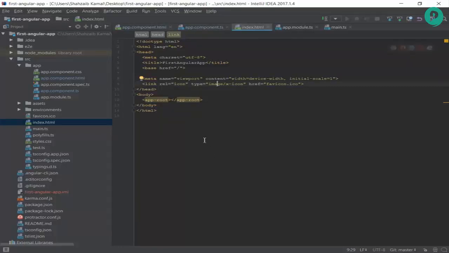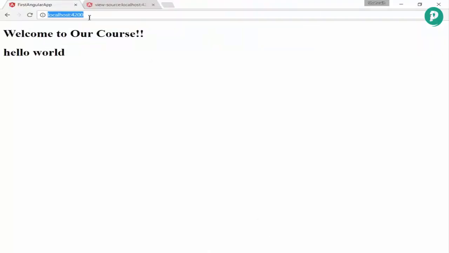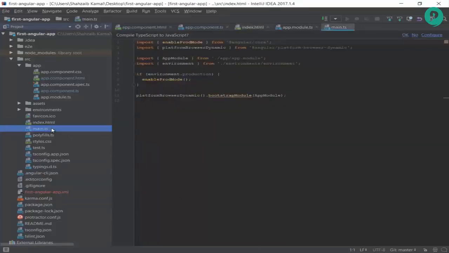Now the other thing is, whenever we go to localhost:4200, it actually gets this file, the main.ts. And what this file does, if you focus on it, is import many things. It's importing the app module, first of all, enable production mode, and from Angular core, and so on. It's importing a few files which are necessary for it. The platform browser dynamic from Angular, these two being imported from Angular, and then here the app module and